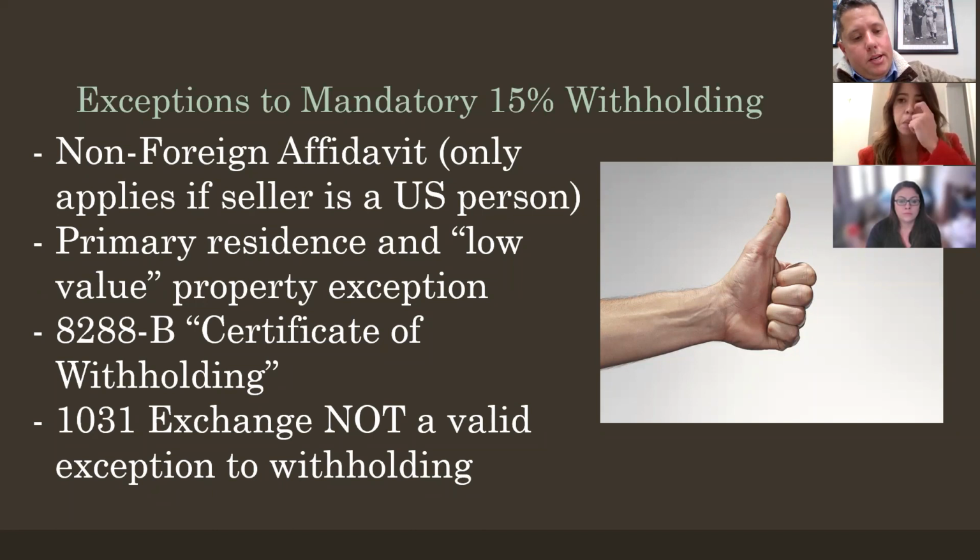So the bottom line about this certificate of withholding is, if the closing is happening at the very end of the year, like right around now, it's probably best not to do it. I would just have the money sent to the IRS, and then the foreign seller files a tax return in January or February asking for a refund. Doesn't mean they're going to get it immediately. The IRS still takes forever to give refunds, but that's probably going to be faster than a certificate of withholding.